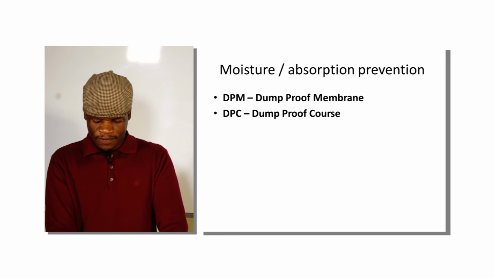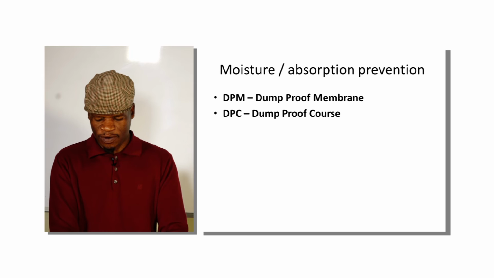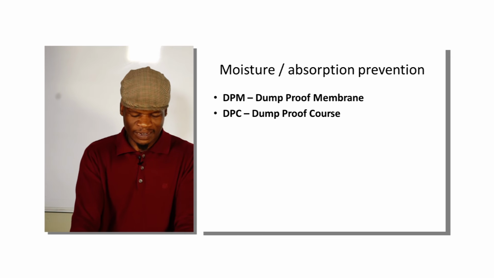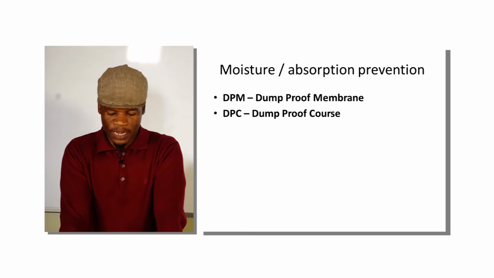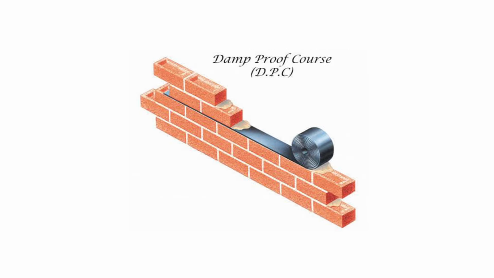Then you must also have these two methods, which are used to prevent the absorption of moisture into the structure. It can be done by means of the DPC or the DPM. The DPM is a membrane laid under the structure so that water coming from below cannot penetrate and get into the structure. The DPC is only placed on a course of brick, just to prevent water from penetrating